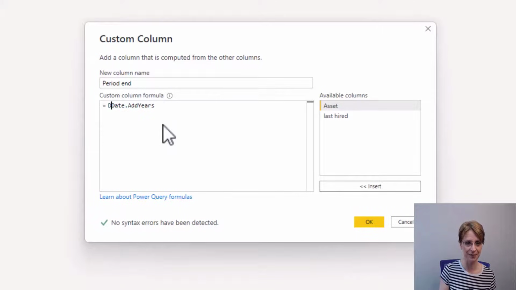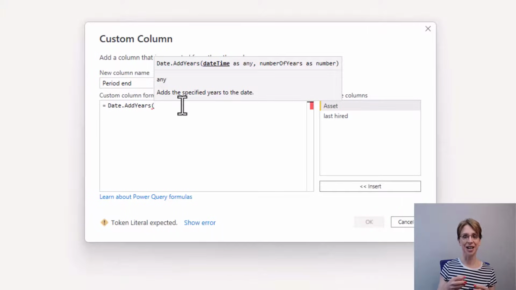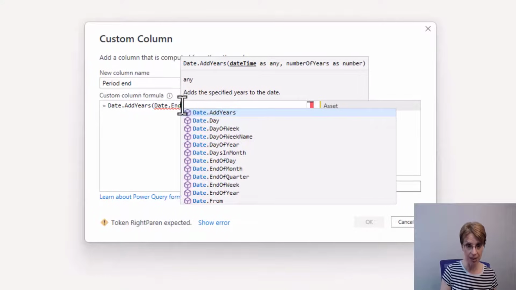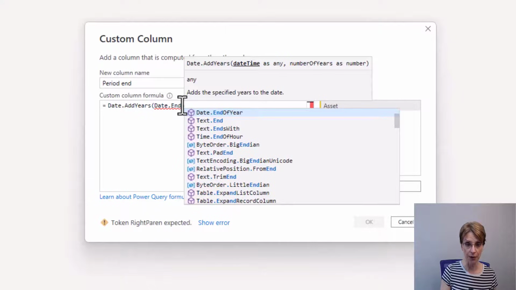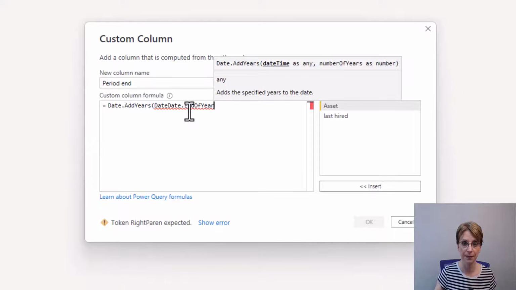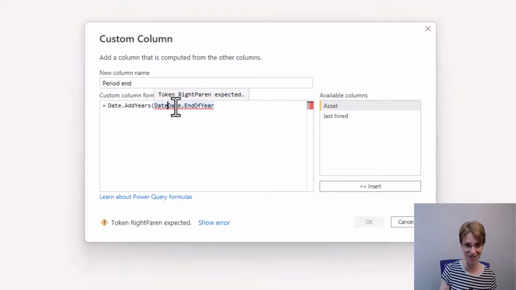Then open bracket. And I would like the period to go up to the end of 2023, and I'm currently in 2022. So I will put in Date.EndOfYear, and again remove the extra date that's appeared, bracket,